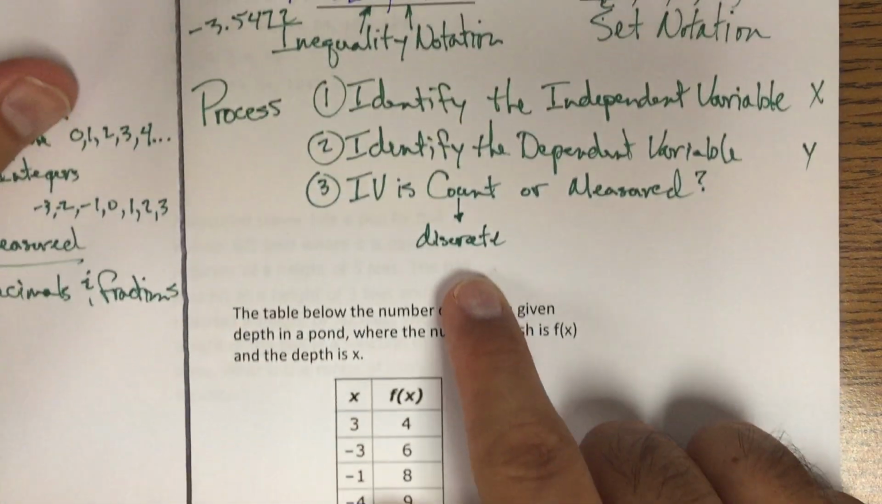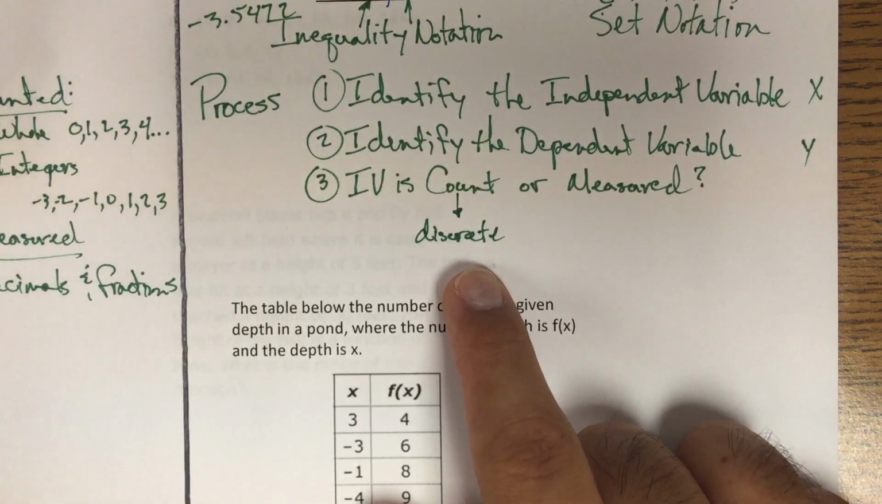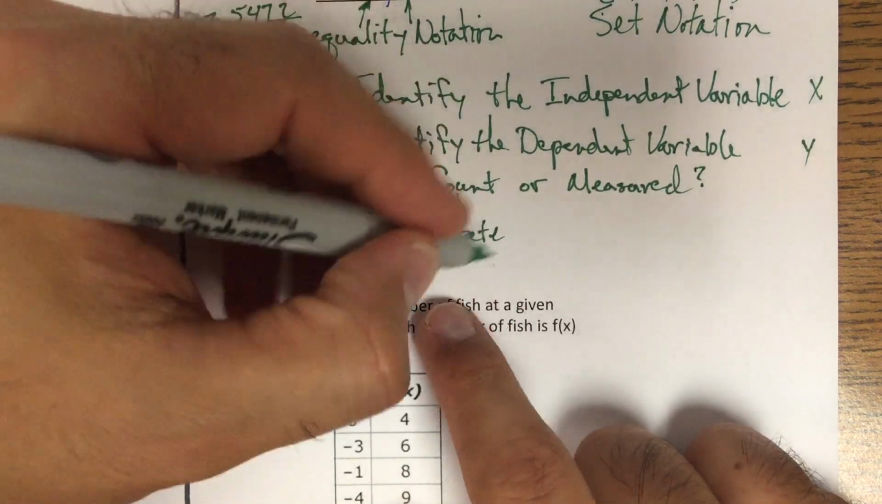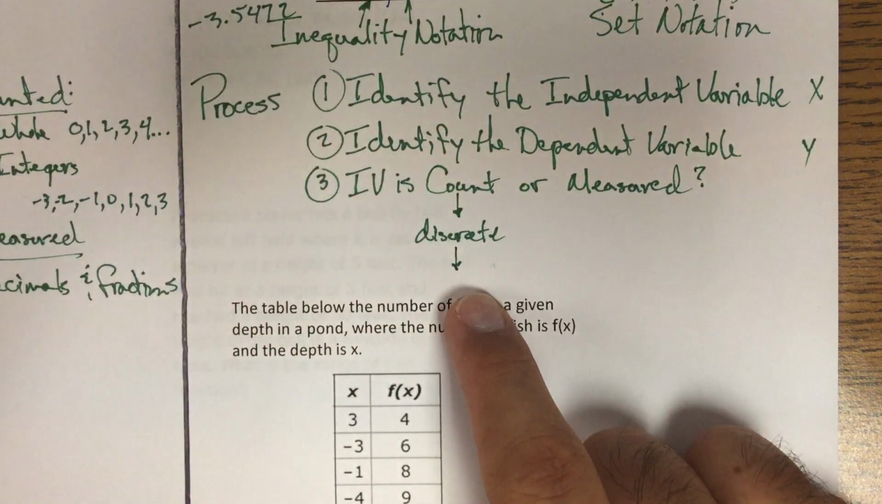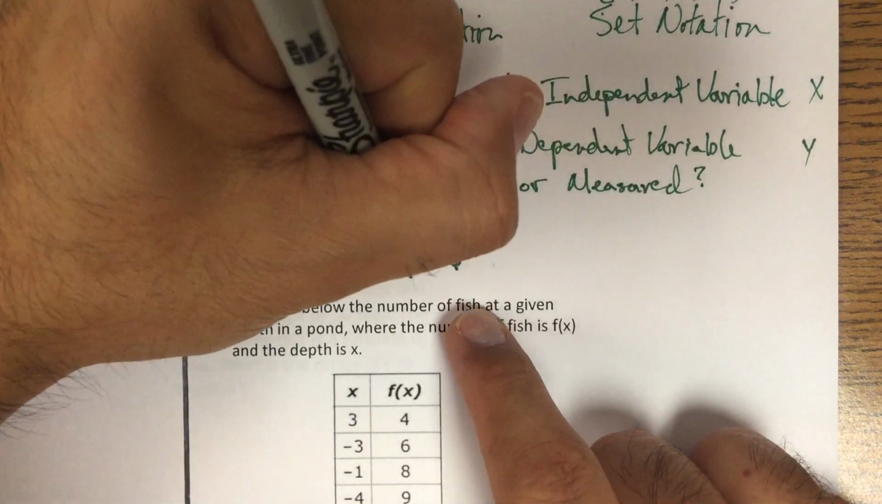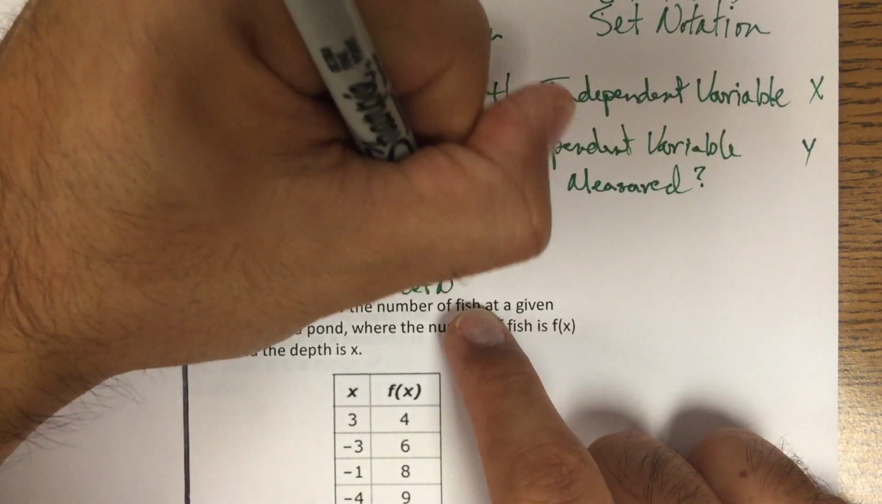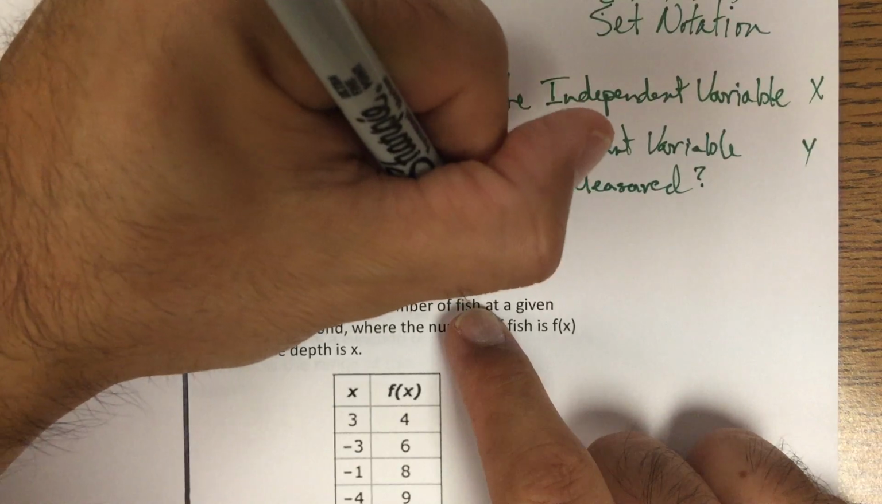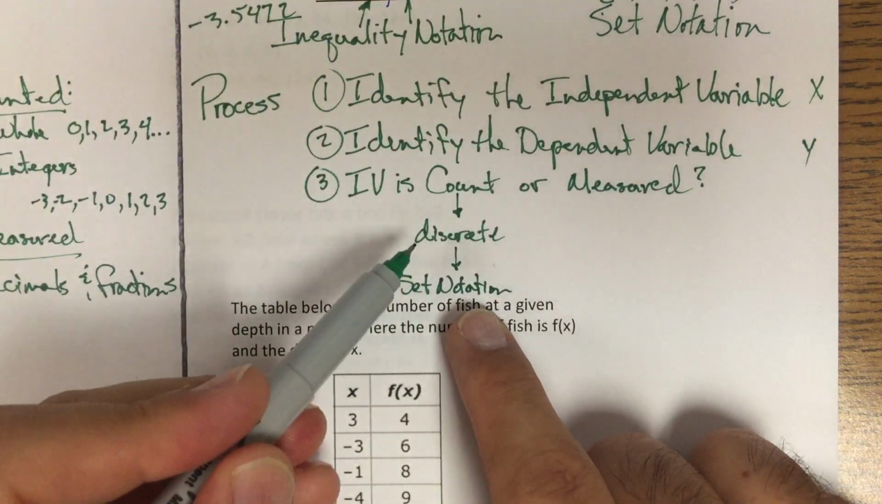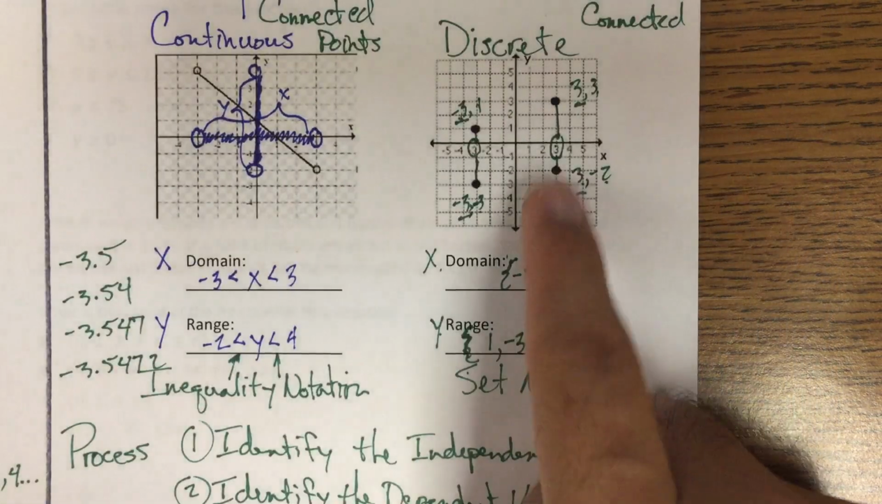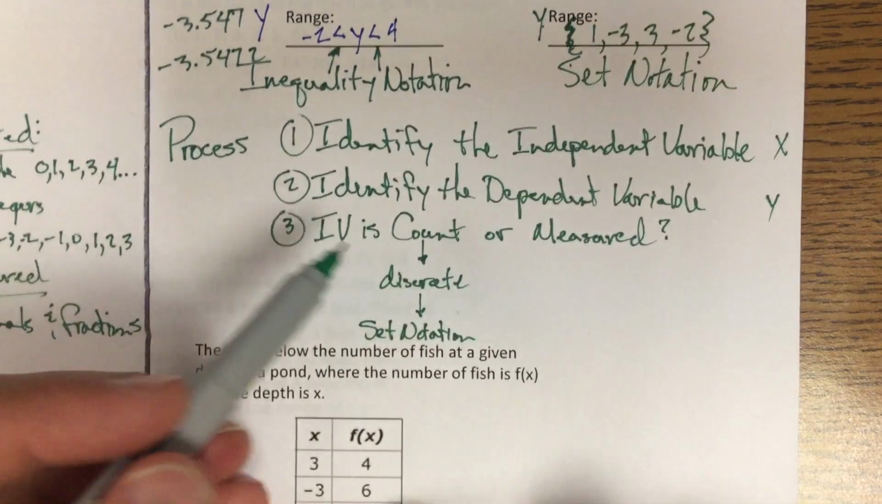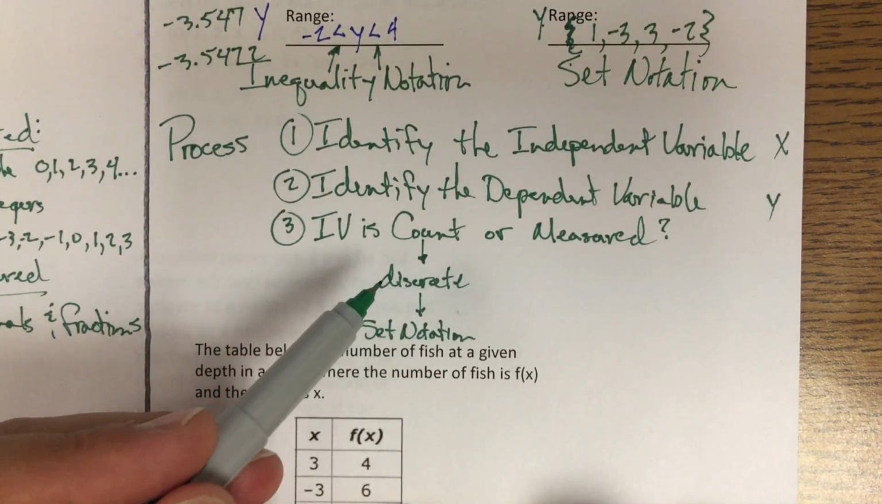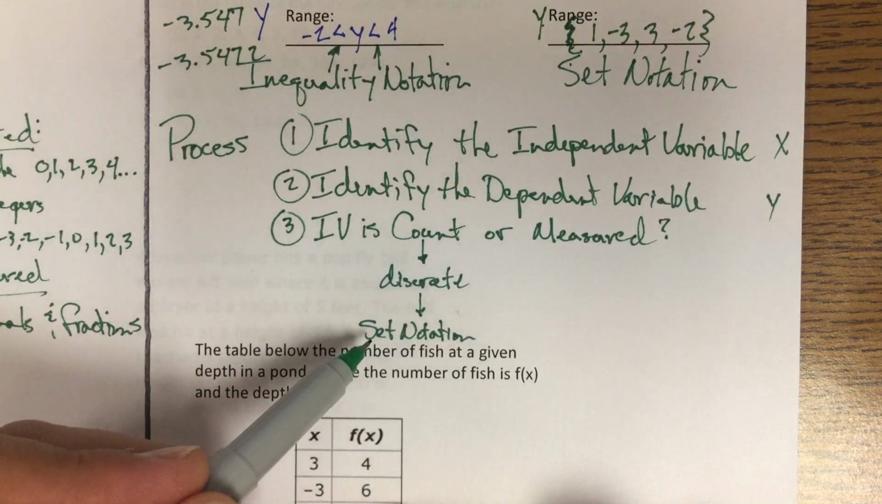It is a discrete function. Sorry, let me leave the paper right here. If it's a discrete function, then that tells us that we need to use set notation. Remember, a discrete function is one where you don't connect the dots. So this is a discrete function. We don't connect the dots. And when we have a graph or a situation that is discrete, we need to use set notation when writing